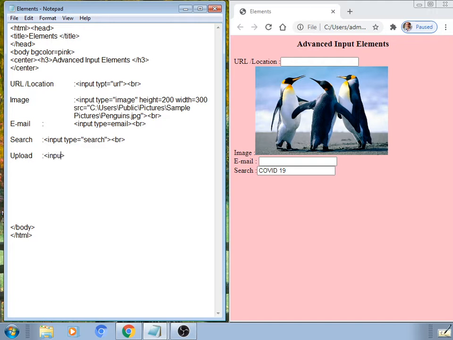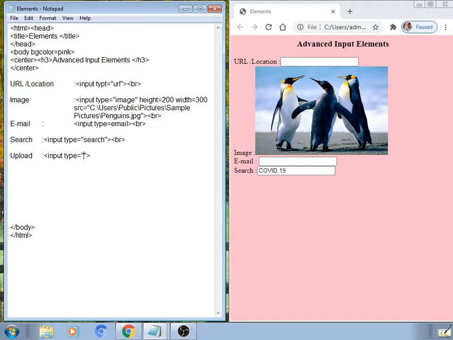To upload, you attach files that are on your machine, PC or cell phone. So basically it's a type of file.